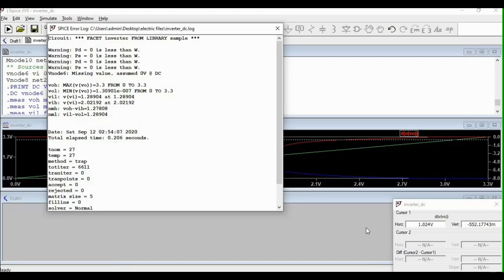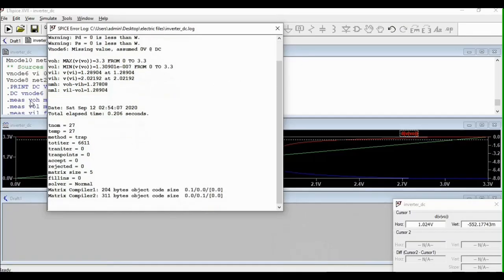So you need to extract first the values from your Electric, then convert that to some of the netlist, add certain commands so you can use that in LT Spice.